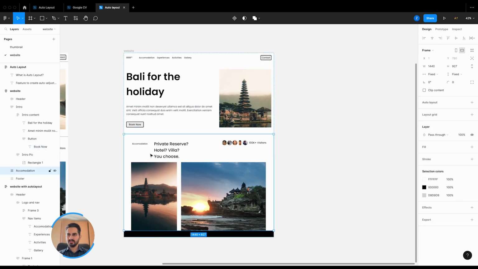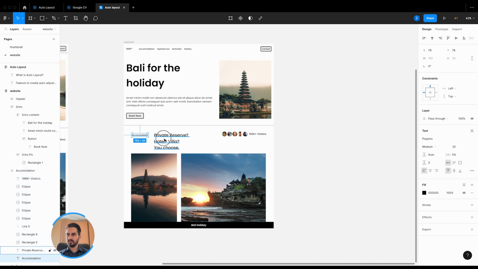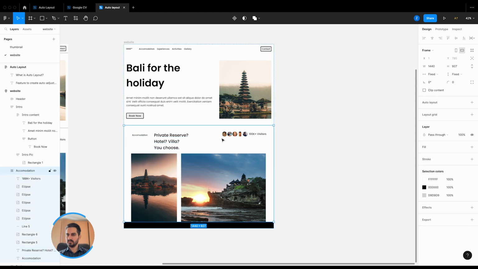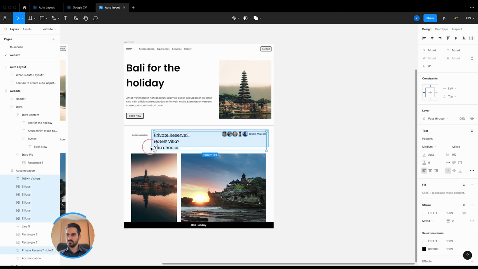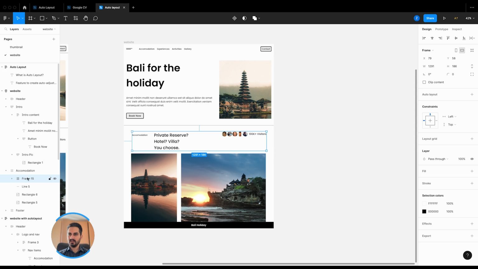So in the accommodation section, I will open this frame and try to observe all the layers and try to divide it in the initial stage. So for example, I will call this first row of my section, accommodation section. So press Control and I try to draw a rectangle around that. So I will press Shift. So I will press Command Option and G, creating a frame, and I will call this content row,